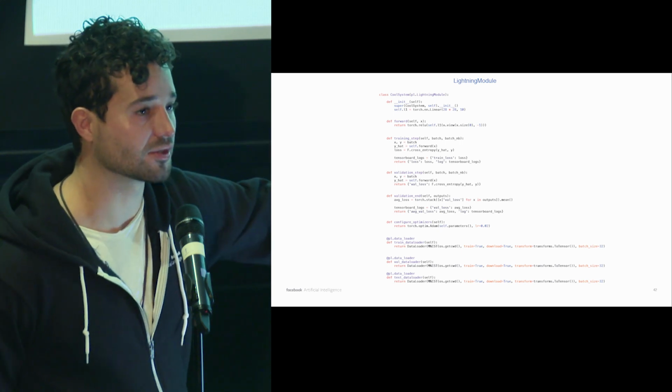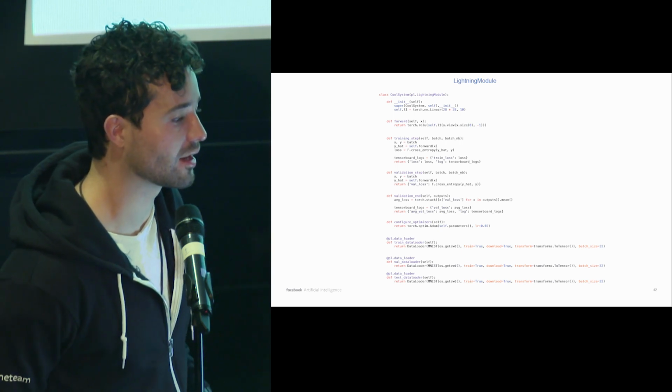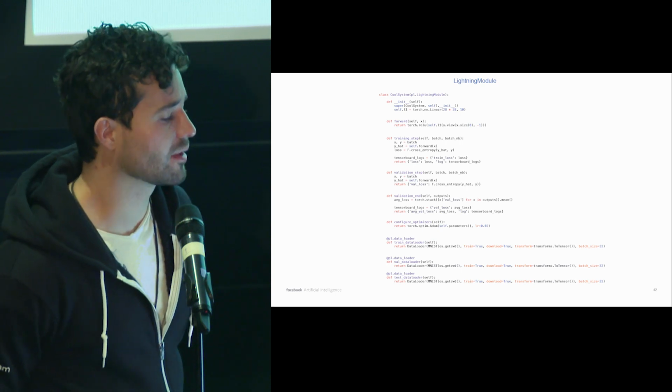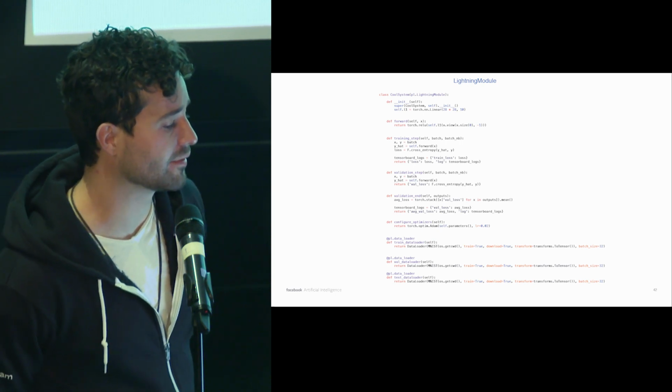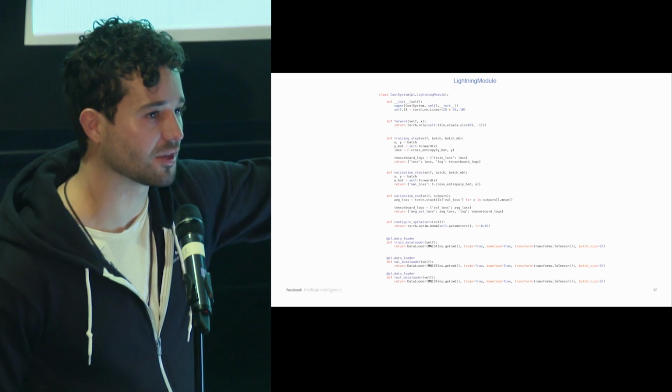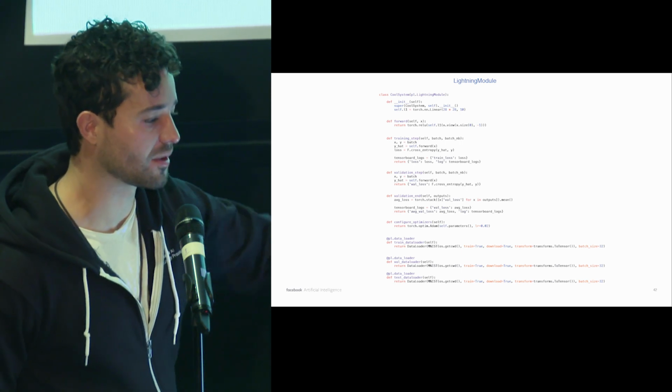Everything I just showed you, I did using Lightning. It's all written in here, and it's used at FAIR a lot as well. So on this training step, for example, if you were doing translation, you would have an encoder, you encode that, then you'd have a for loop for beam search or some sort of decoding. So it's as arbitrarily complex as you want to make it.